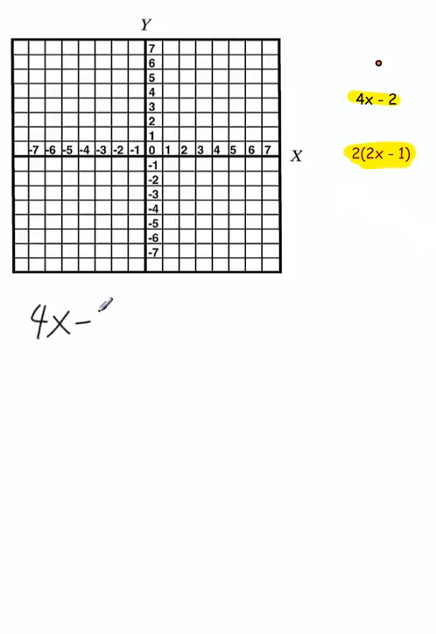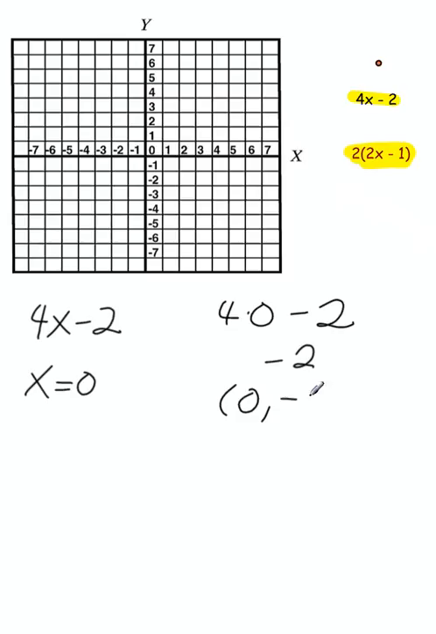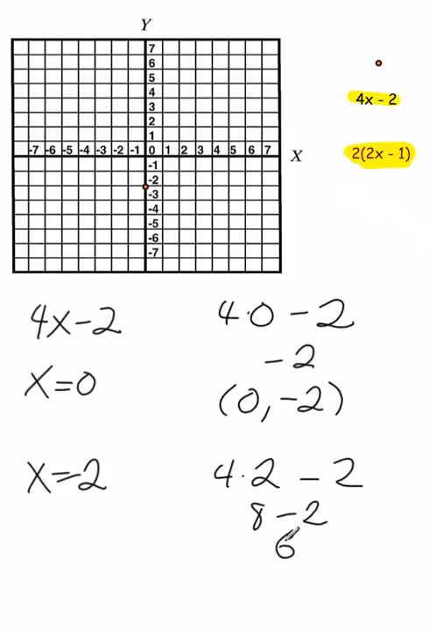4x minus 2. When x is 0, let's look at what our y-intercept is going to be. We're going to get 4 times 0 minus 2, which leaves us with negative 2. So our first point is going to be 0, negative 2. Now, let's say when x equals 2, what will our y be? We'll get 4 times 2 minus 2, which gives us 8 minus 2, which is, of course, 6. So our second point is going to be 2,